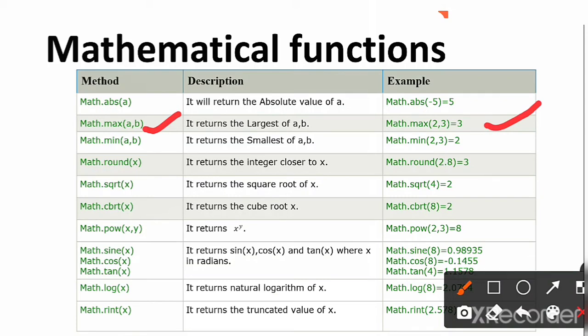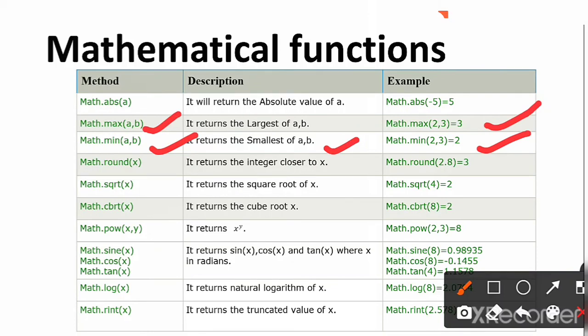Out of these two numbers, the greatest number is returned by this function. Similar to the max function, we have a min function, and this min function will return the smallest value of a and b. So when I write math.min of 2 comma 3, it will return the value 2 because 2